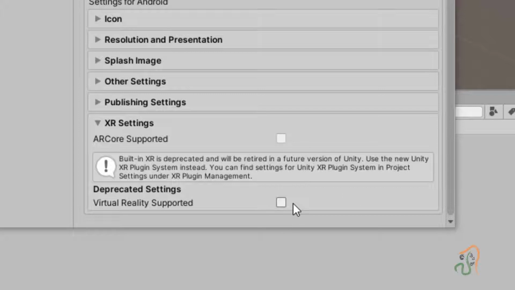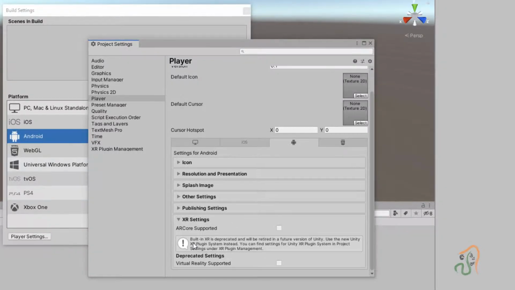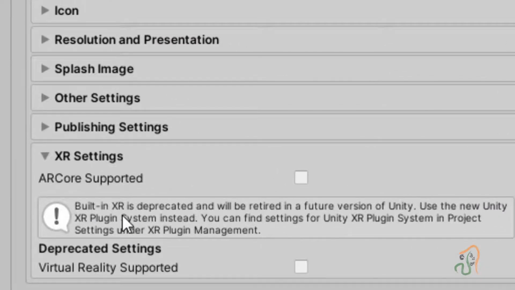Actually in the older version of Unity, Vuforia was added right here, but now all these XR settings are slowly being removed from the Unity platform. By the end of 2020, you won't have this XR setting at all. That's why they have given a warning here, clearly mentioning that built-in XR is deprecated and will be retired in a future version of Unity.